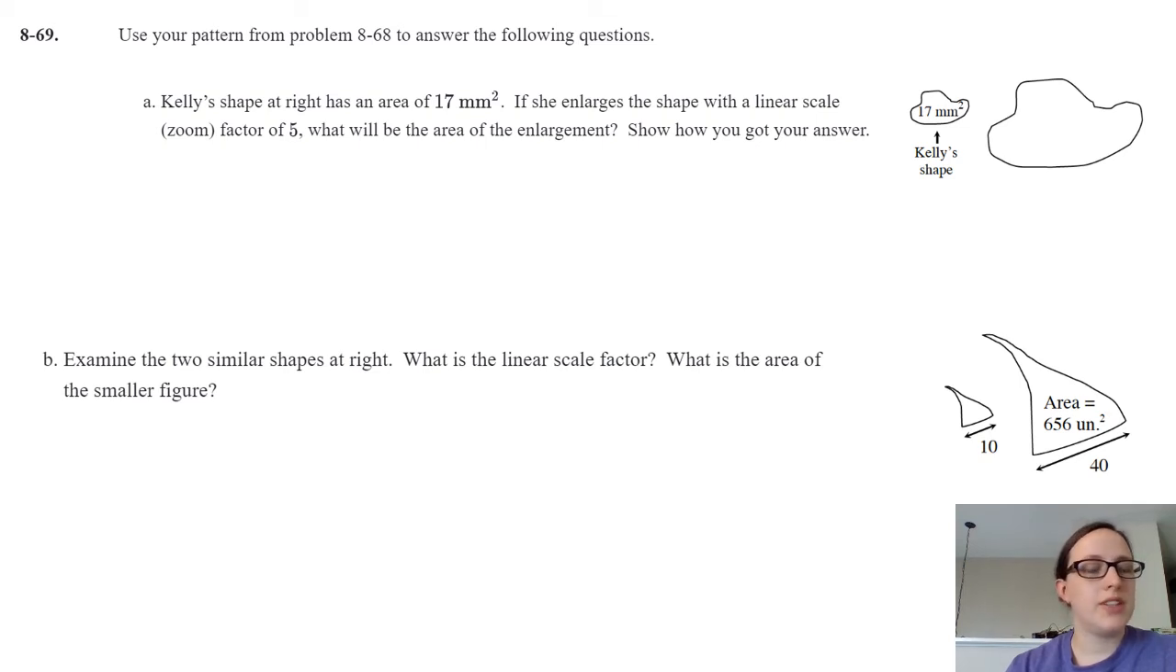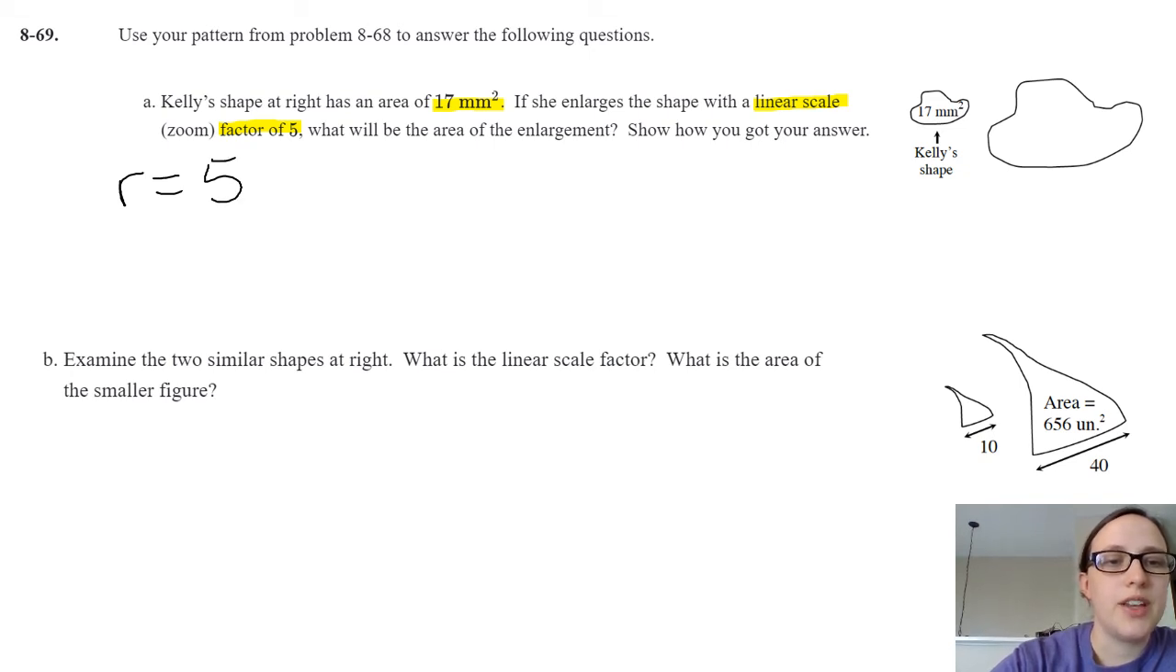And so we just have a couple of example problems to do together. Number 8-69, and then we will be done with these notes. So at the right, sorry, this left shape has an area of 17 millimeters squared. If she enlarges this shape with a linear scale factor or zoom factor of 5, what will the area be of the enlargement? Okay, so if we know that the linear scale factor is r equals 5,